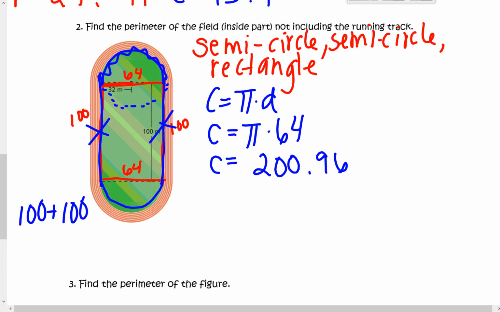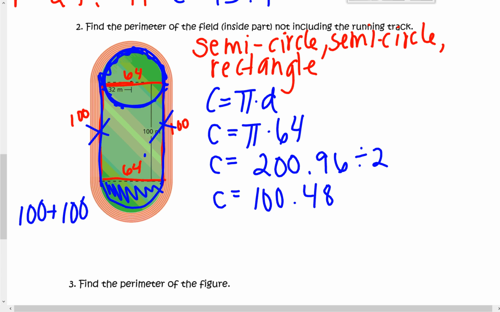Okay, but this circumference that we just totaled is for that whole circle. And this is what I was talking about before. We could divide this by 2 to get 100.48. And we know that this is also the same because the diameter is the same. So we could add